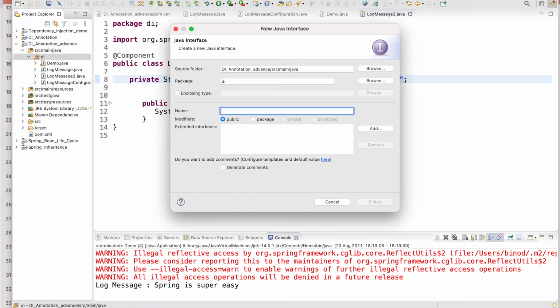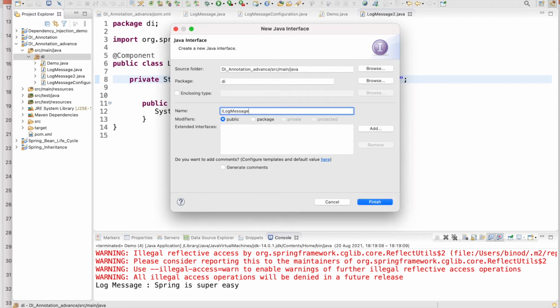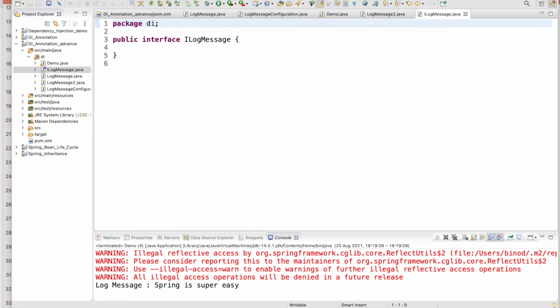The interface name you can give is ILogMessage. And just add one sample method. That method is already there in both of your log message classes. This is the abstract method.